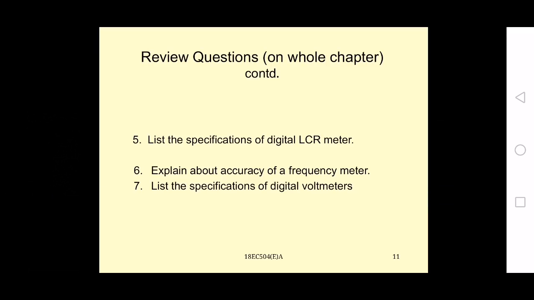If the question is asked for 3 marks, then briefly explain about the accuracy of the frequency meter, on which factors it will depend, and how it is affecting. That is, what is range selection error, what are the accuracy specifications, how we are giving the accuracy specifications, what is gate count error or time base error, how gate count error depends on the crystal oscillator errors, and what is reciprocal counting, where reciprocal counting is used, like that.